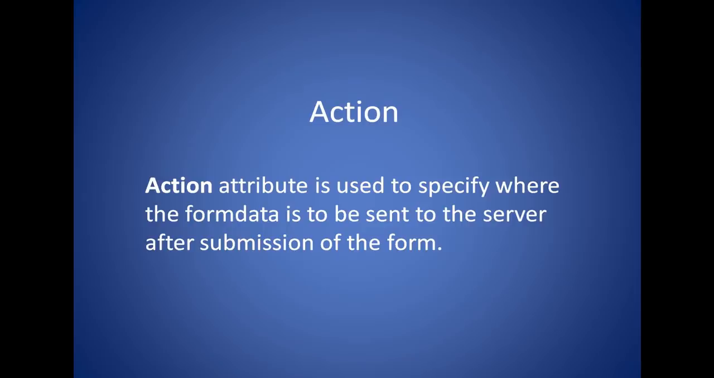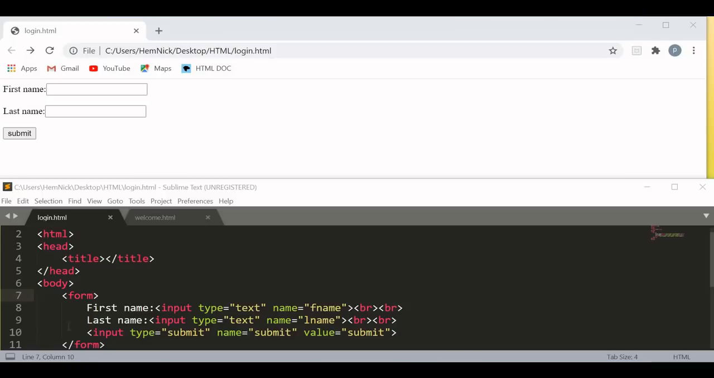Let's start with the first attribute of form, which is action. Action specifies where to send our form data after submitting the form. Let's start with the practical of the action attribute. I'm going to apply the action attribute on this page, login.html, because I want to go to welcome.html after submitting this form data. So I am applying the action attribute here